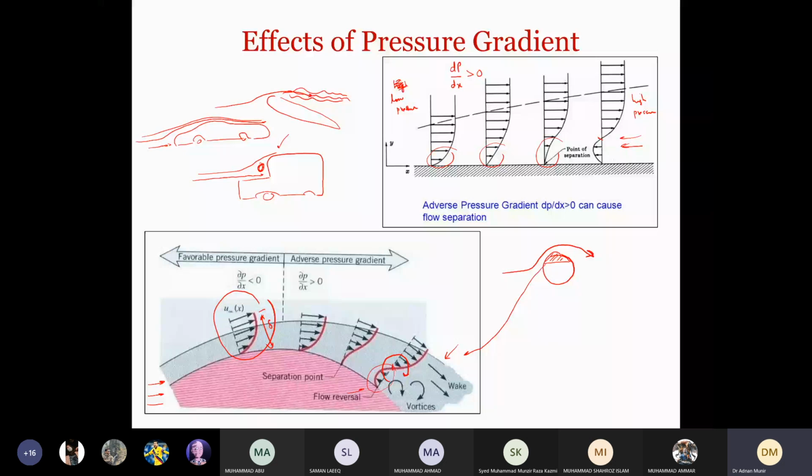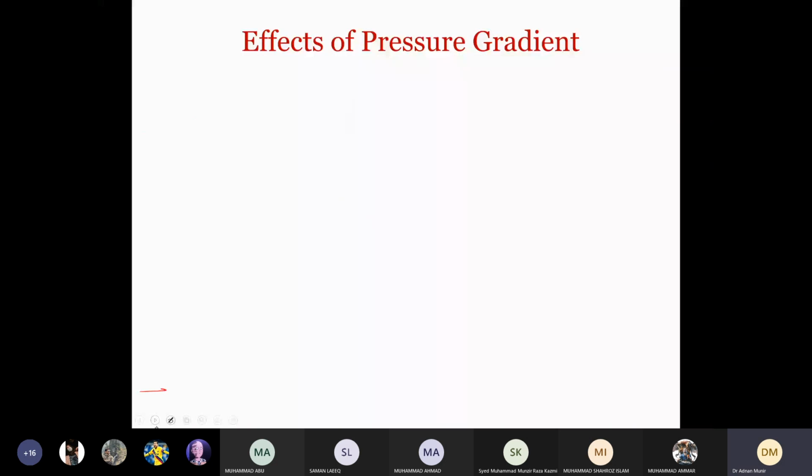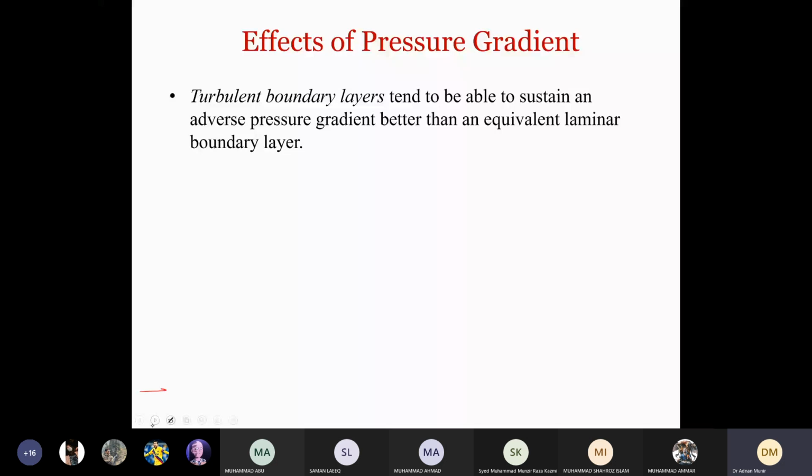So this is just to give you an idea of what the effects of adverse pressure gradients are. Now, so far we have been discussing laminar boundary layers. Always remember that we discussed that we have laminar flow and turbulent flow. When we talk about laminar and turbulent flow, there is also a transition between them inside the boundary layer. And what factor governs that transition? There are a lot of factors that govern that transition. One of the important factors is Reynolds number.